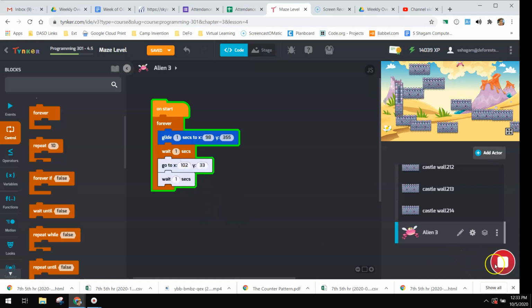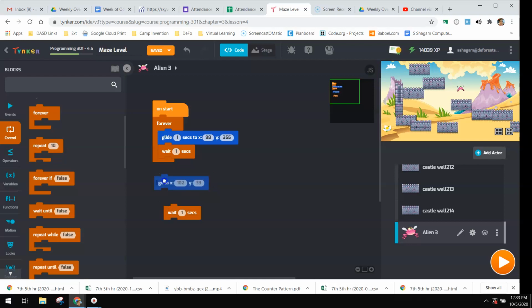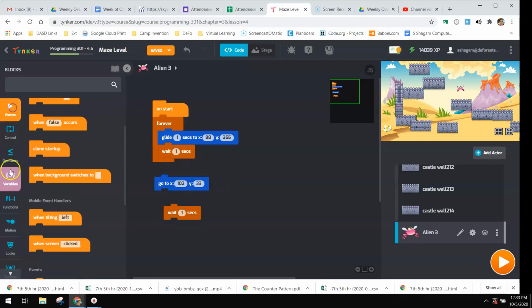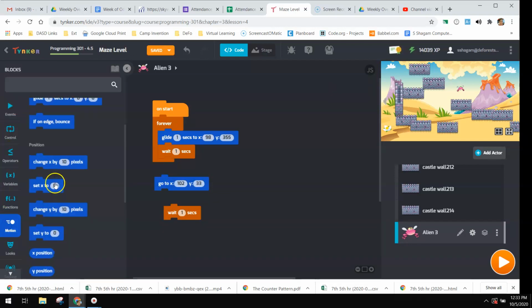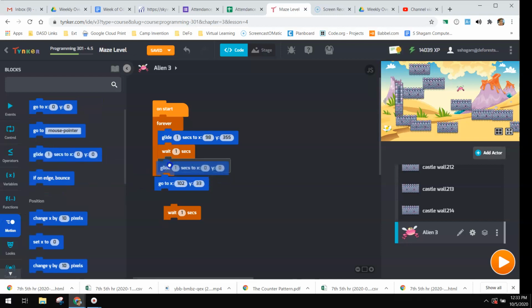Oh, and I said go to instead of glide. That's why he's jumping so funny. So I don't want that. I want those numbers though. So I need to go back to my motion. I grabbed the wrong block. We'll say glide 102 because go to makes him hop and jump, which could be fun, but I think it